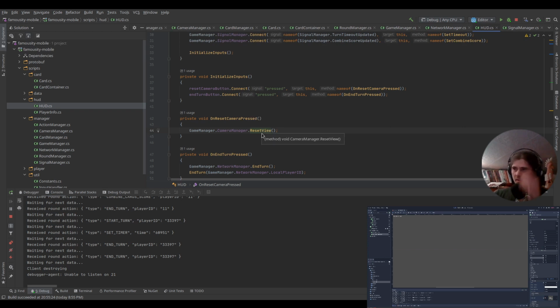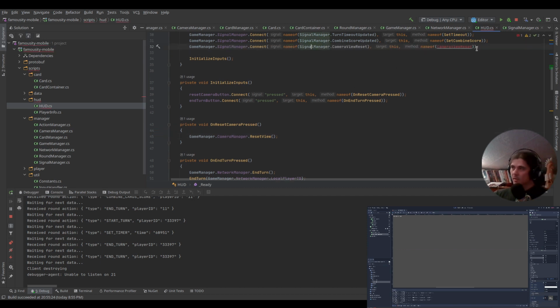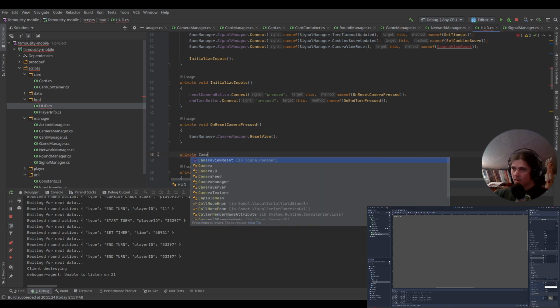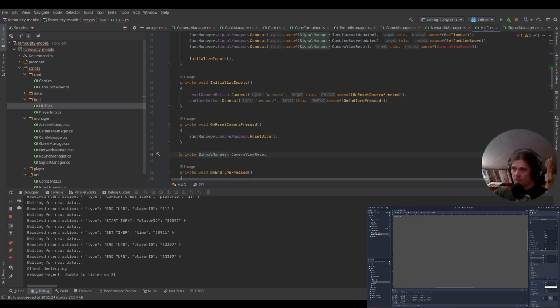The only usage is here. Oh, you know what? Let's just do this because it might be reset by the admin, so it's better to have it here. So private camera view void,